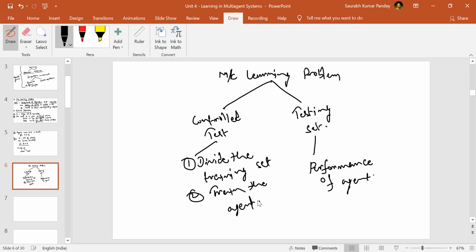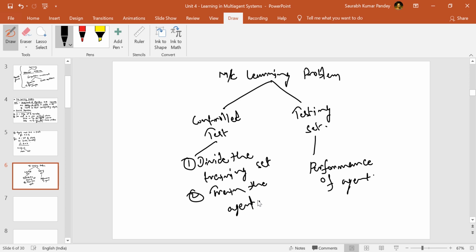But if you leave out any scenario, definitely it will happen that while your multi-agent system is working in that particular scenario, some scenario you have left, you have not given the training, and when that scenario comes, either it is showing you the error or it is saying that this particular scenario is not understood by me. Okay, so there is a gap, and we have to minimize that gap. Maximum times we have to think of all the possible scenarios, and then we have to assess the quality of our training and then give the training, and then finally we have to assess the performance.